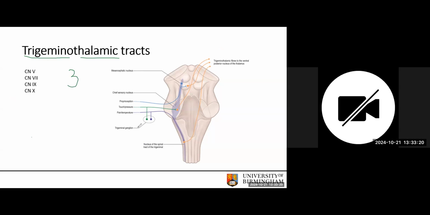In here, we have something that is called the trigeminal ganglion. And that is, as we know now, a ganglion, so that is where the cell bodies will be located. So for example, I'm feeling someone touching my face. That information will be coming here. The cell bodies will be located in the trigeminal ganglion, and this information will enter